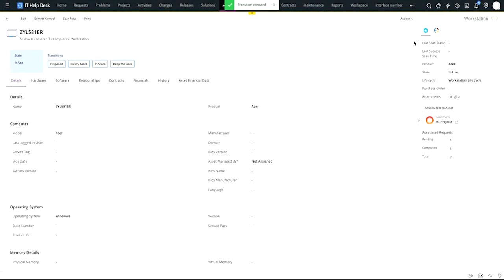So once this is done, we have defined a complete life cycle. So you cannot put it from in use to a dispose transition if it is not defined within the life cycle. So other than this, we do have